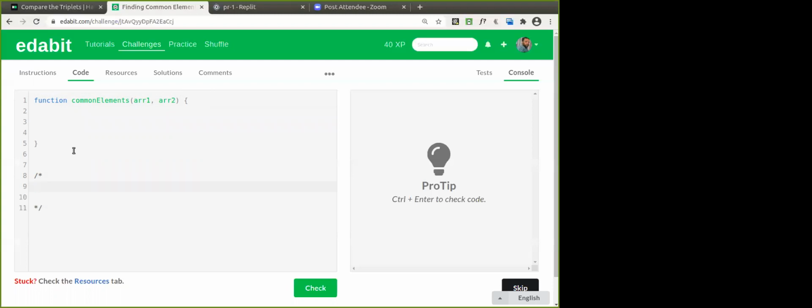We can use one loop and use array dot includes. Okay. Fine. Okay, good. Yeah, array dot includes of that element. Now how are you going to get the elements of the second array then? For that we need another loop or, good.